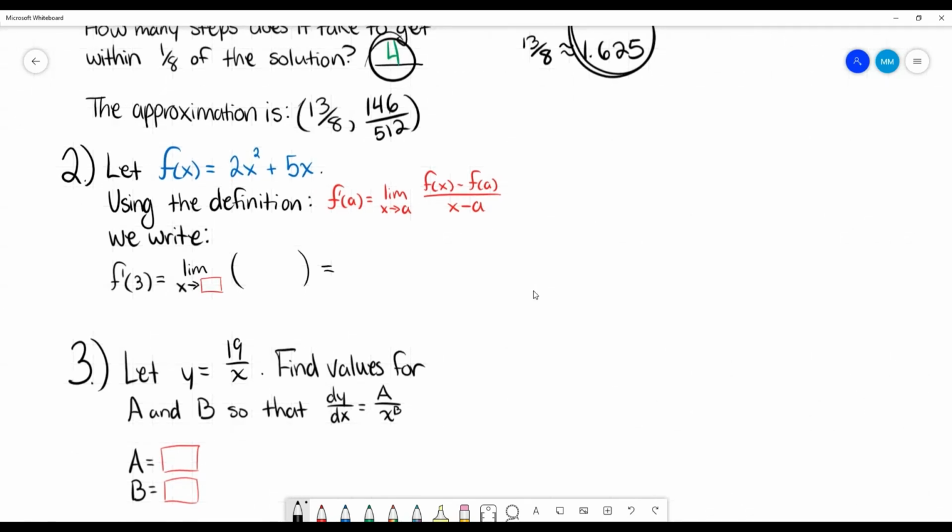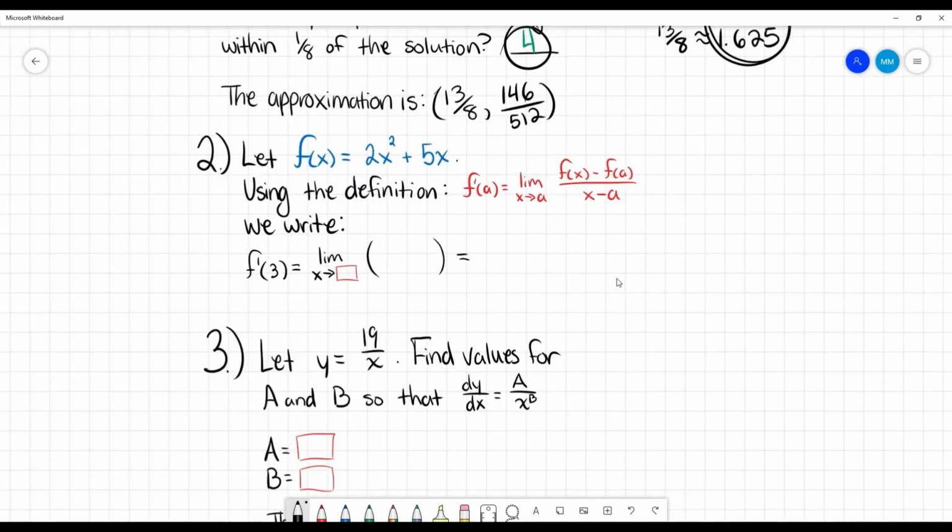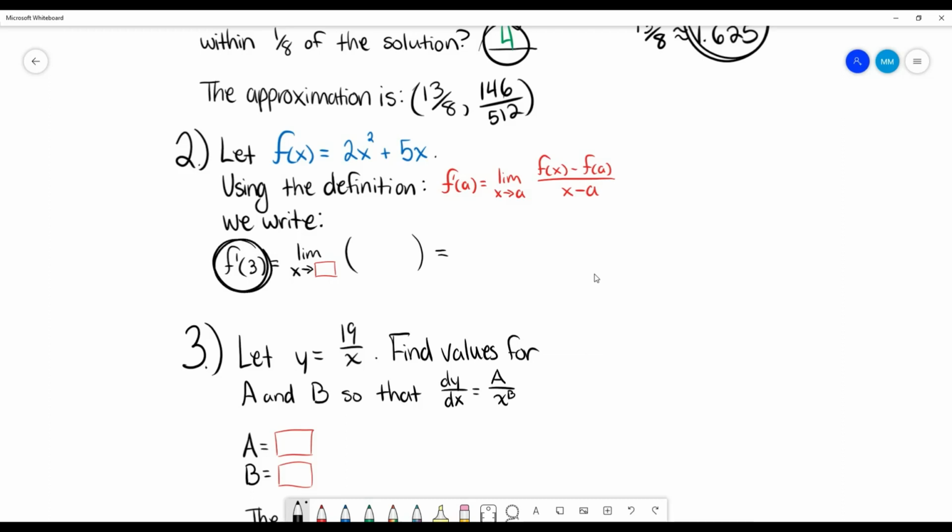Moving on, we want to do this right here. It says let f of x equal 2x squared plus 5. We want to use this definition to figure out the derivative of f of x when x equals 3. Or we could read this as f prime of 3. So we know that the derivative here is going to be, our a is 3. So it's the limit as x approaches 3 of,